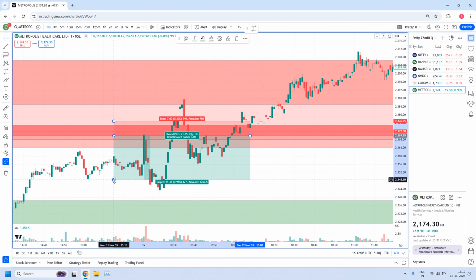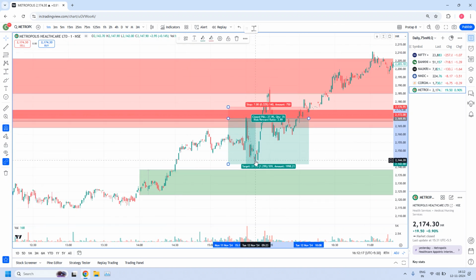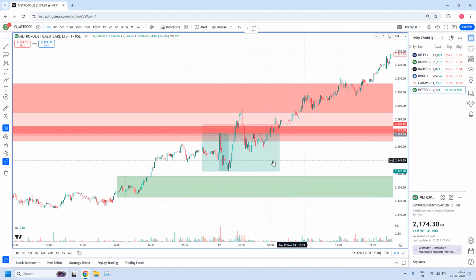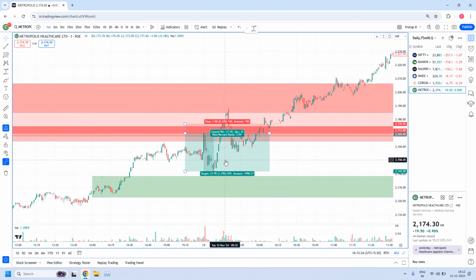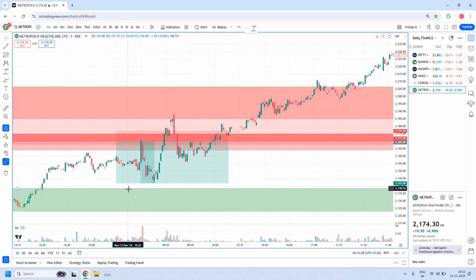And those who are aiming for 1:4 RR, probably you would have achieved it here, 1:3.99. So it's almost 1:4. They would have gained the maximum profit. These are the different exits. This is the maximum profit it has given today, which is 1:4 RR, because slightly it failed to reach